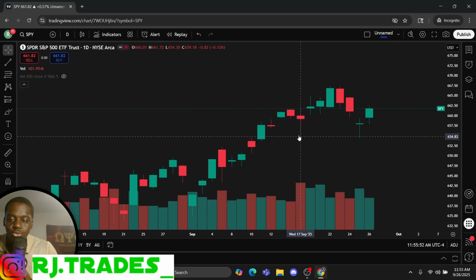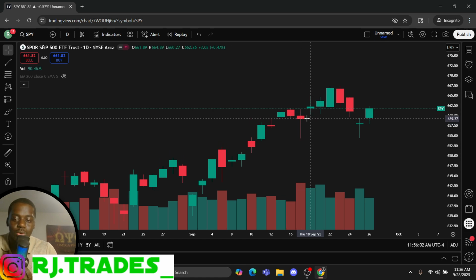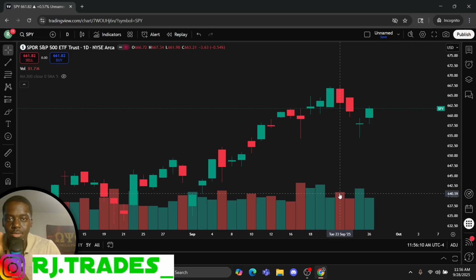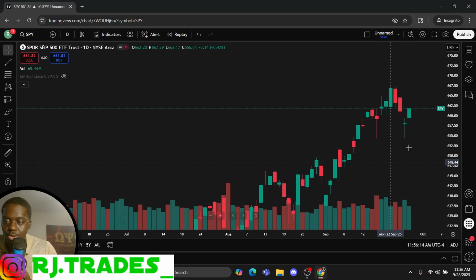Even though the candle is red, this is still a bullish type of candle in my book, because look how long your bottom wick is. That means that the sellers pushed this all the way down, but the buyers said, no, we like it up here. So they pushed it all the way back up, and you see SPY had a few days that it actually ran after that. That's very quickly about candlesticks. That's all I'm going to say about candlesticks.